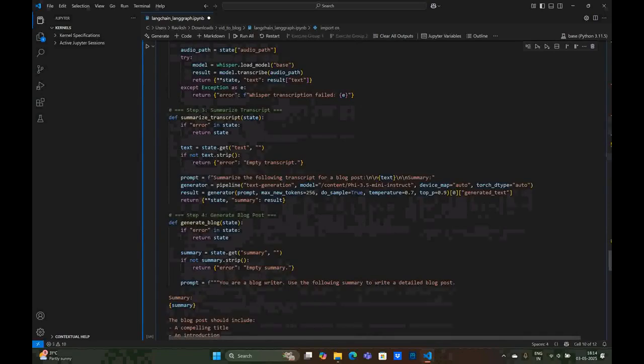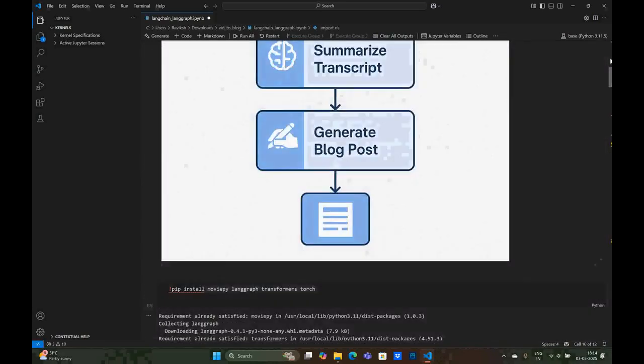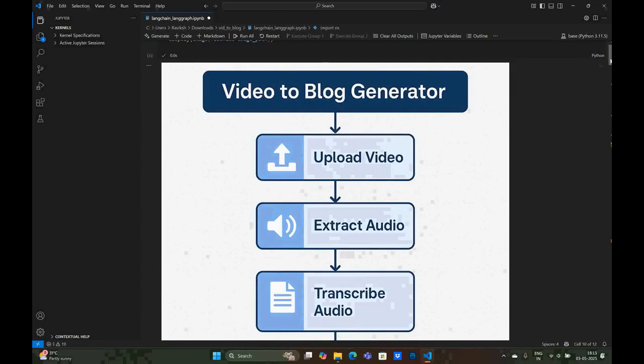In the next video, I will describe that complete workflow in the form of a Streamlit app, where generally I use the LangGraph